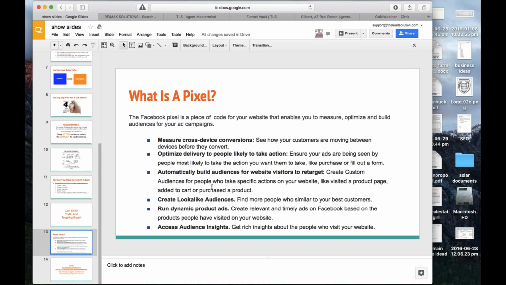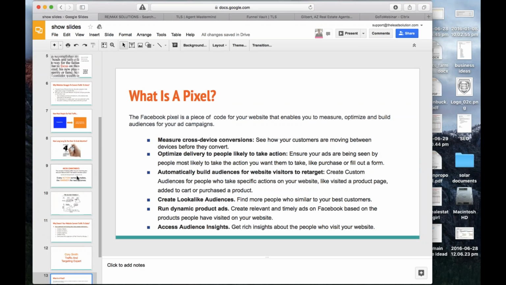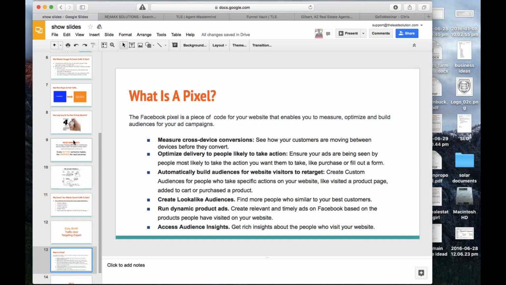Like Scott just mentioned, when they're on this page or this page, one thing we can do is segment them. If we have one page that's specifically for buyers and another page specifically for sellers, Facebook's going to know where that pixel is to know how to retarget these people when we create lookalike audiences and other ways to retarget them. But what I like to look at with a pixel is taking people through a funnel concept, taking them through a series of small micro commitments.